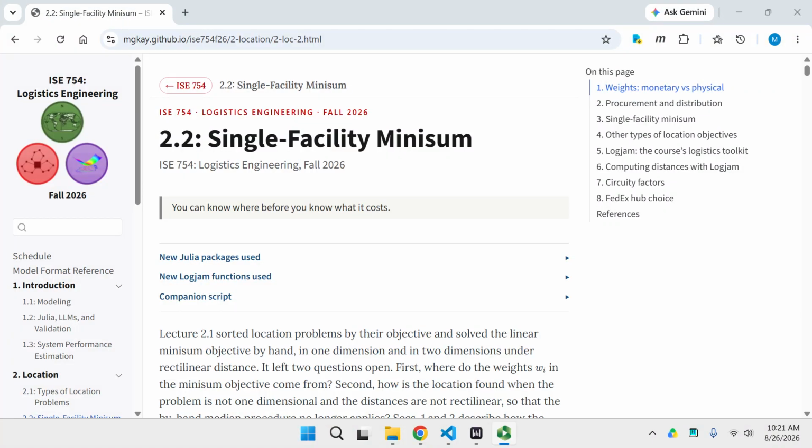We'll be talking about the single facility Minisum location problem. This is a foundational problem from which we'll build out a lot of the location theory as we get into a variety of other extensions. This basic problem itself, if you remember from the previous lecture where we talked about the different types of location